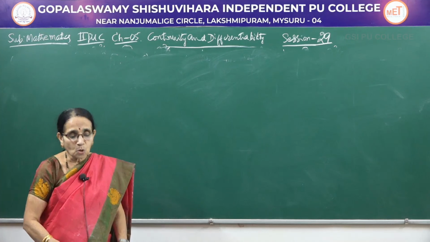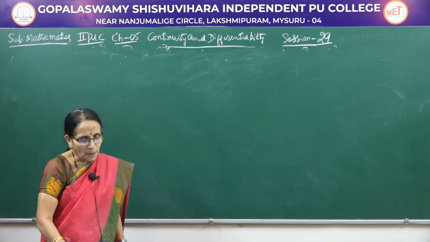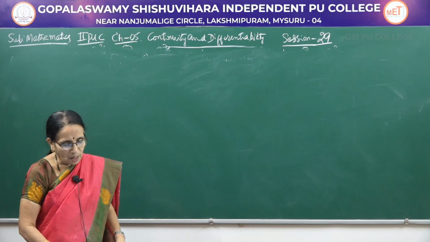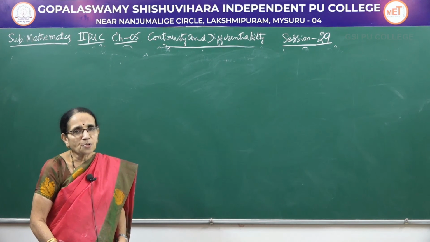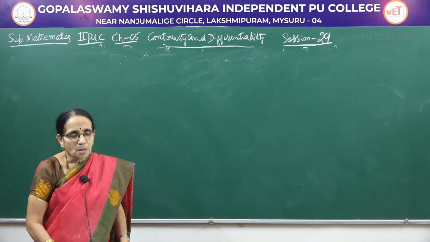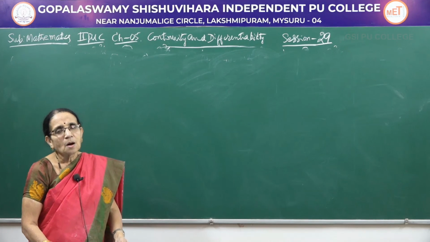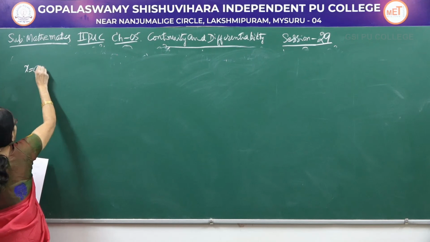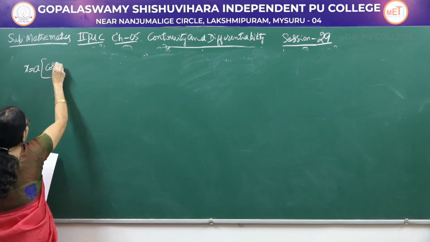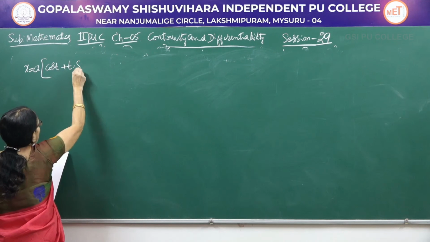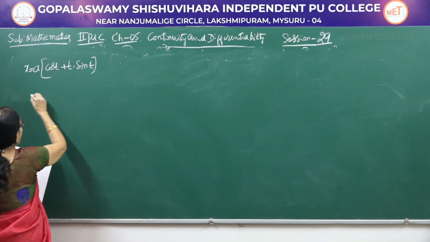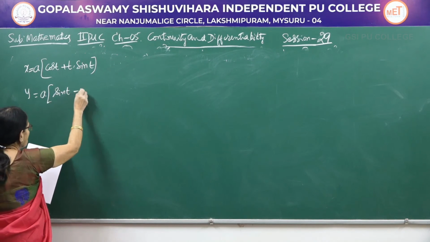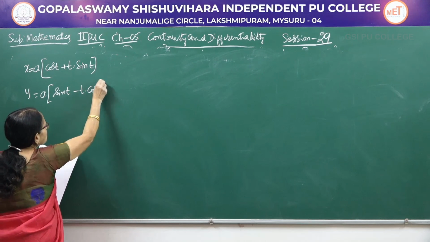So I just want to work out one more problem. This is a parametric function. We are just calculating the second derivative of the parametric function. Of course, by calculating the first derivative, we have tried the same problem. Now, after getting the first derivative, I am getting the second derivative. Now, if x is equal to a into cos t plus t into sin t, t is the parameter here, and y is equal to a into sin t minus t into cos t.